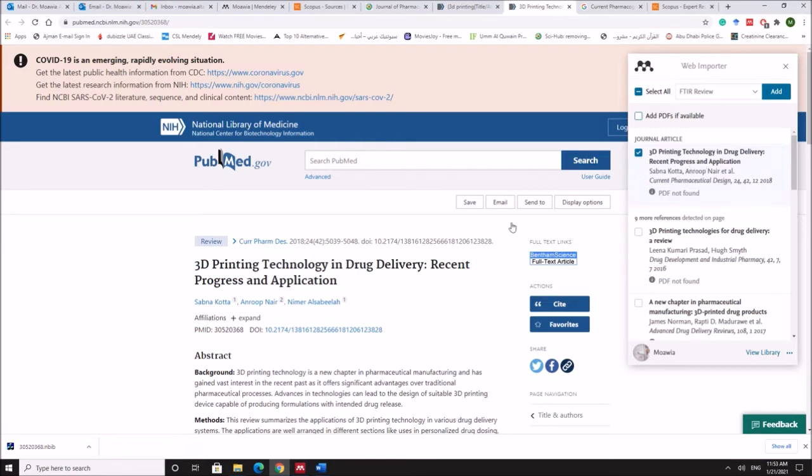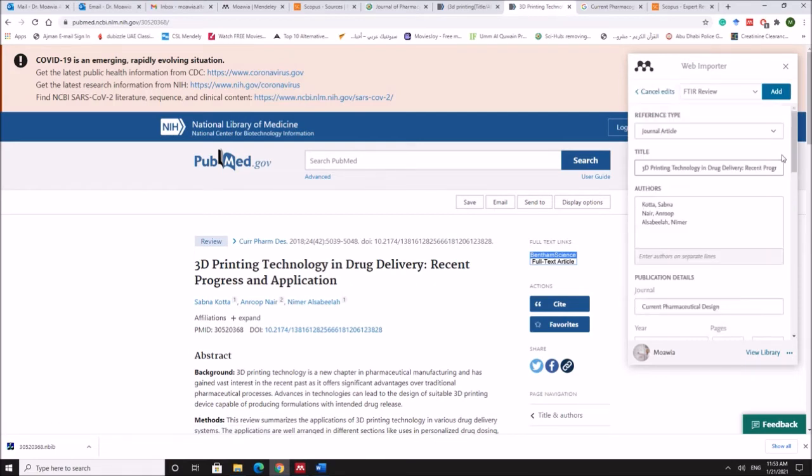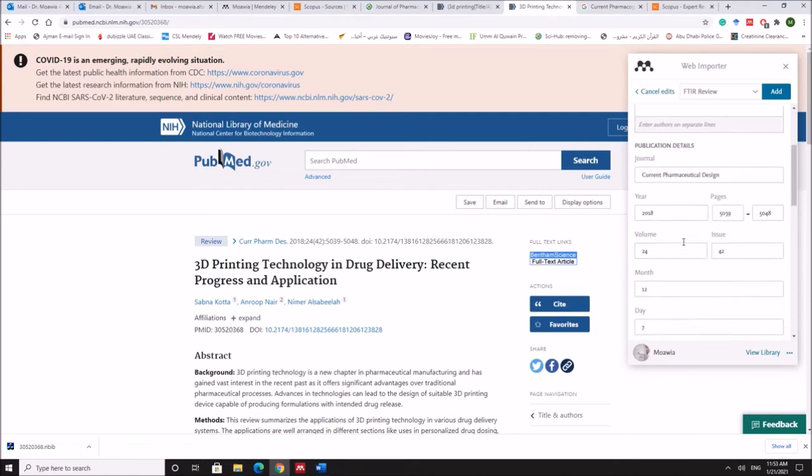Here is the 3D printing technology and drug delivery, recent progress and application, and it already recognizes it as a journal article. Now when you see that, usually everything is correct, but what you have to do always is a quick check, for example, here there are 3 authors. Okay, the journal is correct,